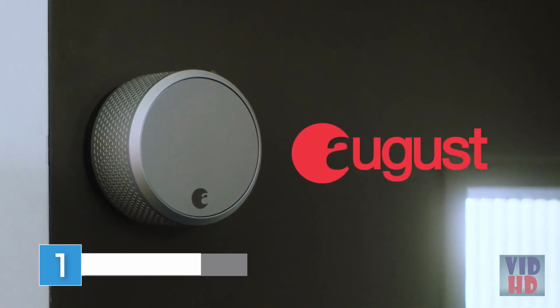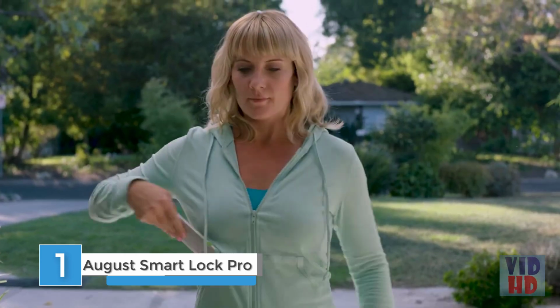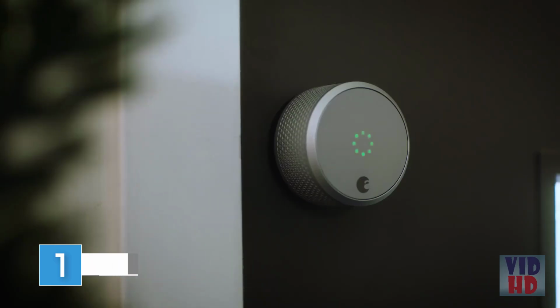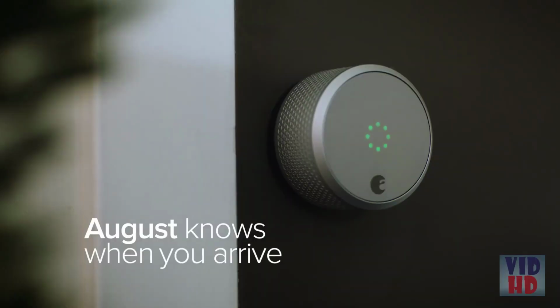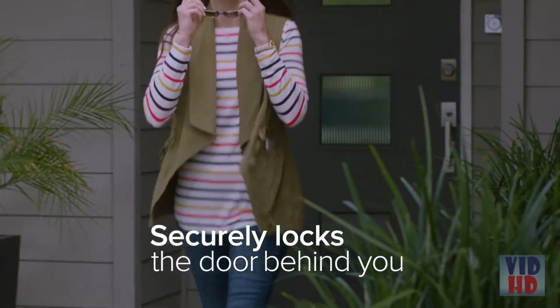Introducing August Smart Lock Pro, our most advanced smart lock yet. With August, your phone is now your key, letting you securely unlock and lock your door using the August app. You can even set August to auto unlock, so August knows when you arrive using Bluetooth. You can set it to auto lock, so when you leave, August locks the door behind you, kind of like